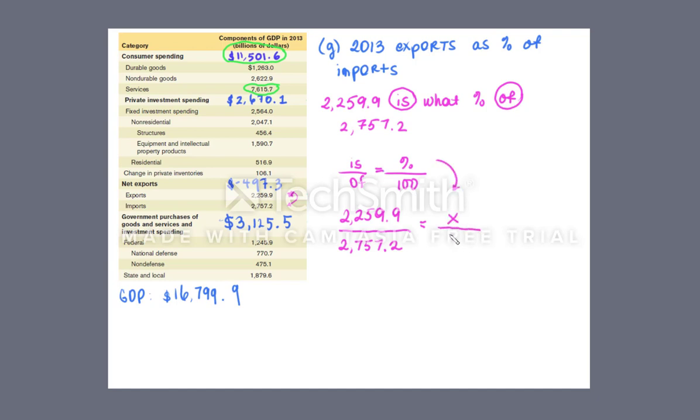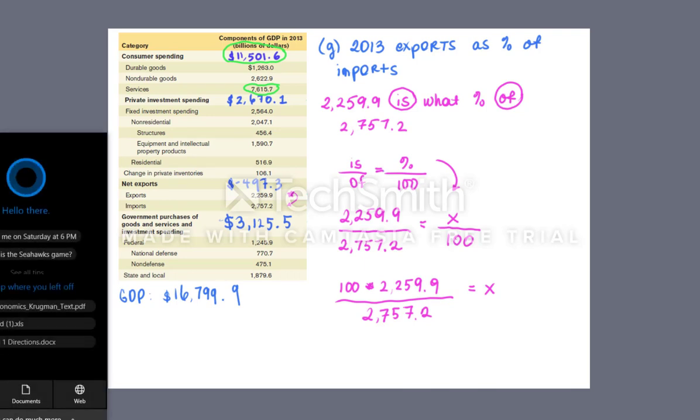And if I go ahead and do this calculation, where is my calculator? Must have exited out. Okay, so here's my calculator. So I'm just going to do 2,259.9 and what I get is 81.96. So I'm just going to round that off to 82%. So exports are